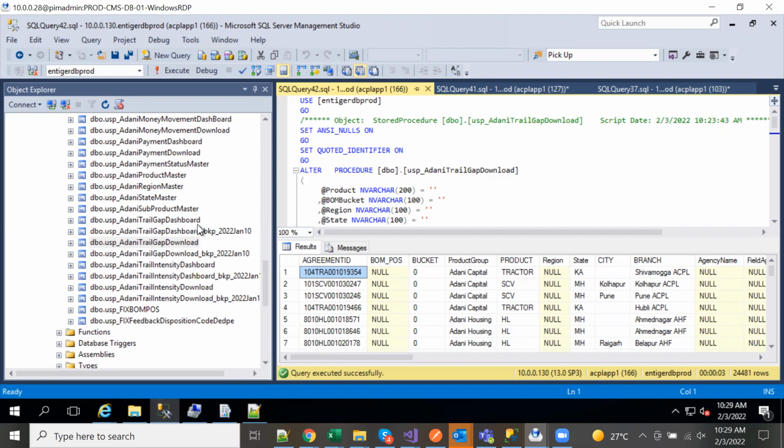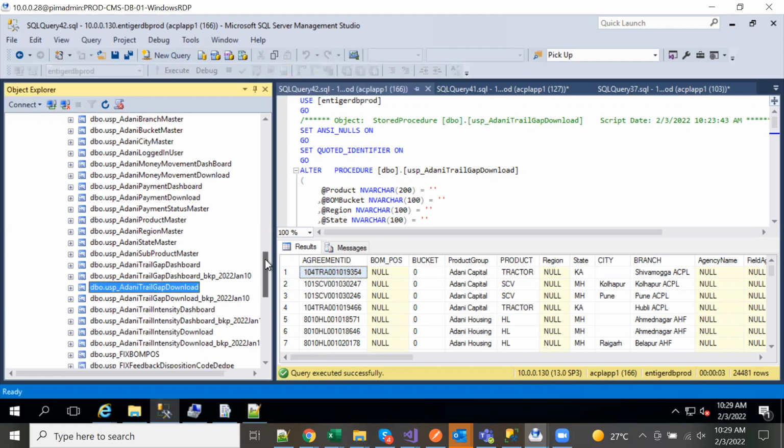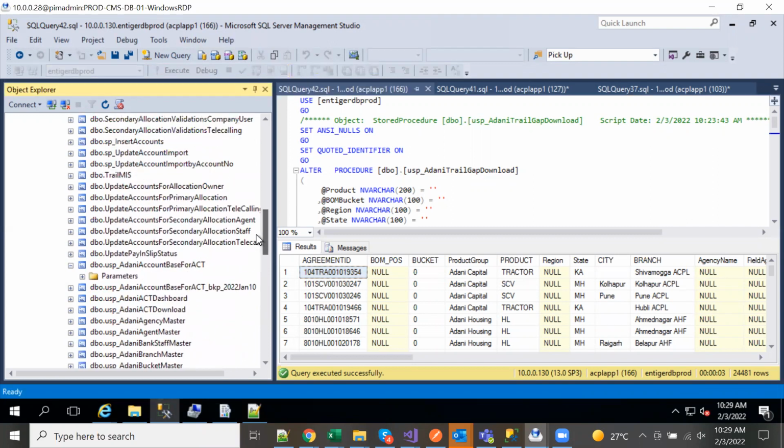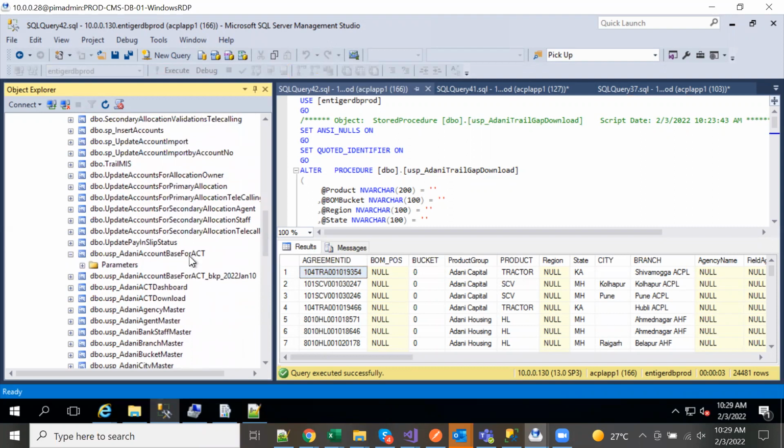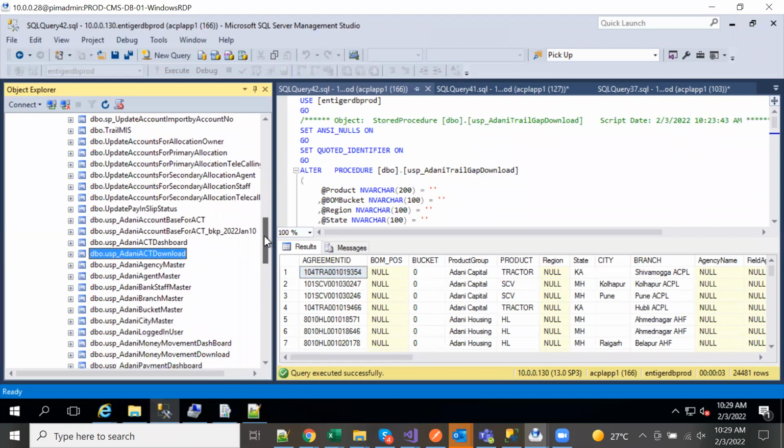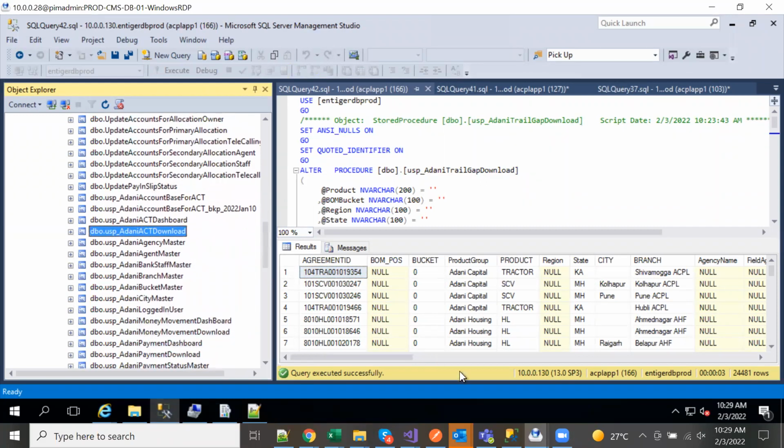Likewise, for trail intensity, you will find trail intensity dashboard and trail intensity download, and then you'll find the equivalent of ACT. This is a base for creation, but you'll find Adani ACT dashboard, Adani ACT download. So reports will be like that. Okay, I forgot to tell one more thing.